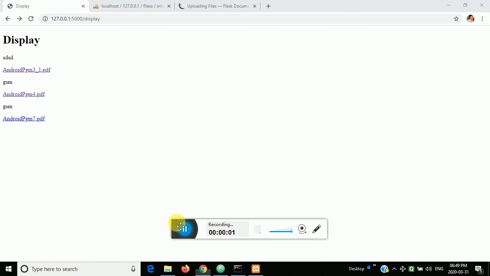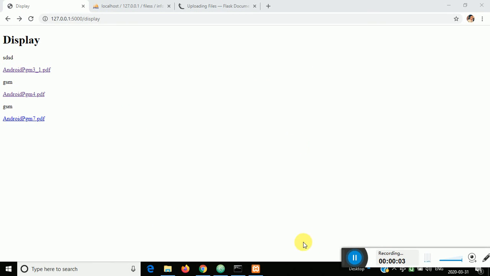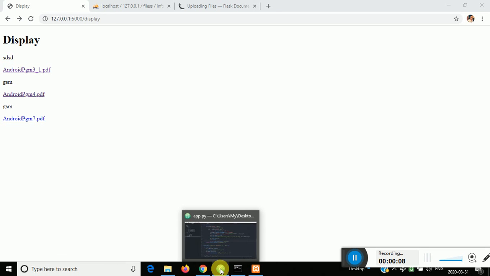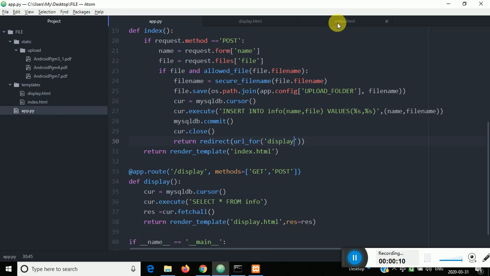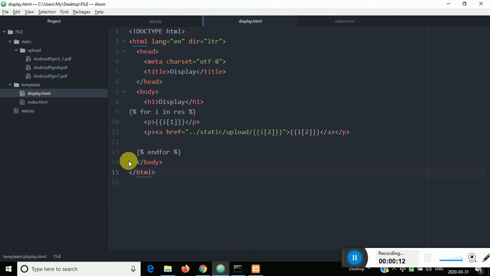So if you want to display it in one area form, what you have to do, you just go here, in this, and display is there. Here you just create one area.